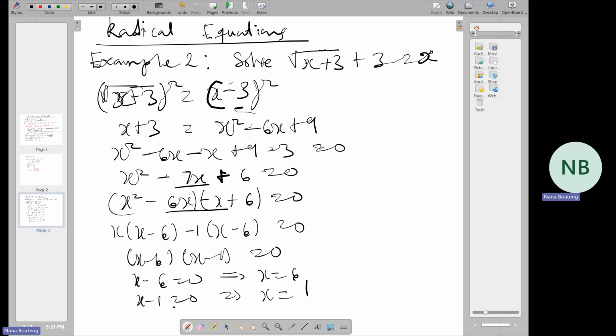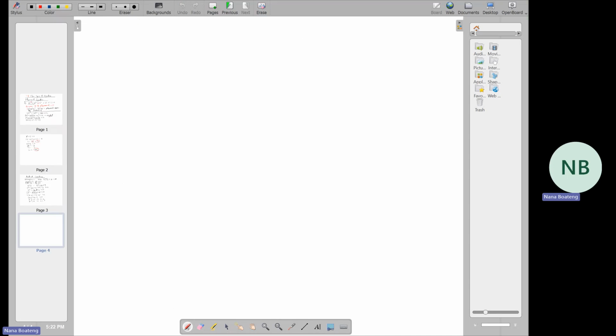All right, so after solving for the values of x, we will have to check whether either of these solutions makes the expression true or false in our final answer. So let's test the values for x to see whether they make the original problem true or false. All right, so if x is equal to 6,